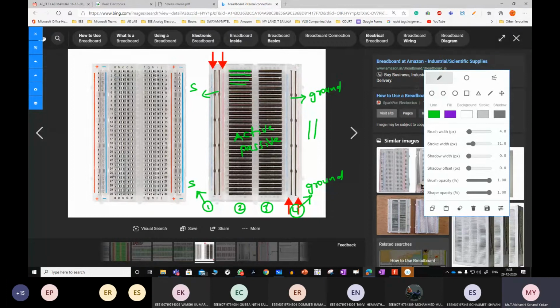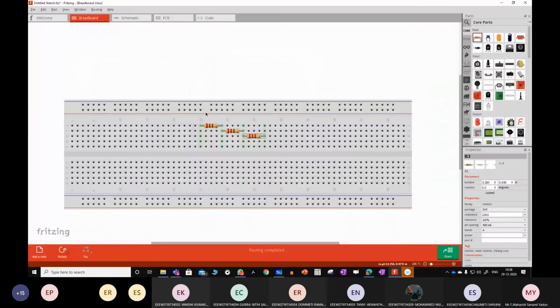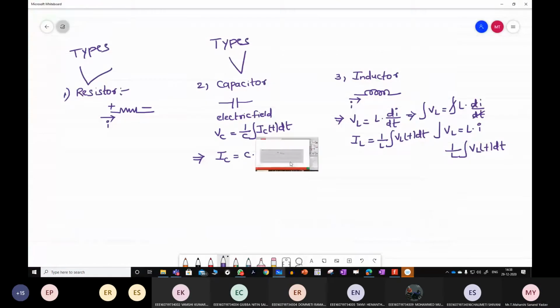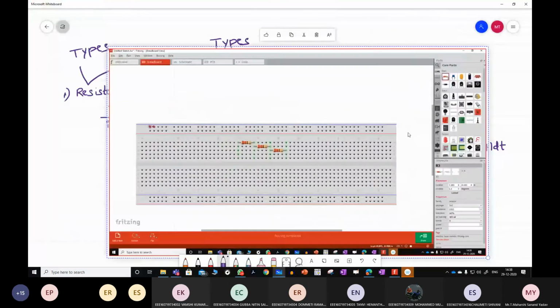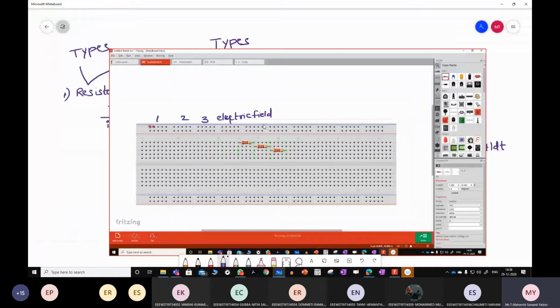And one more thing, you can observe this figure here. Here 1, 2, 3, 4, 5. These 5 parts are internally shorted till here. From here to here, they are internally shorted. See here, this is first, second, third, fourth, fifth.